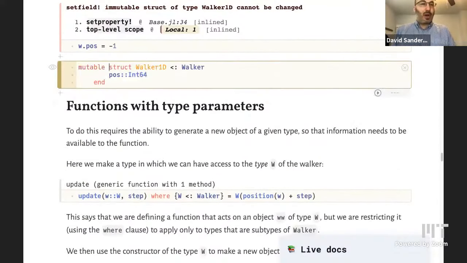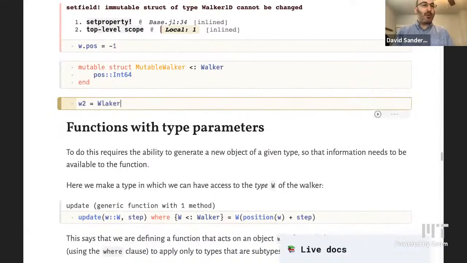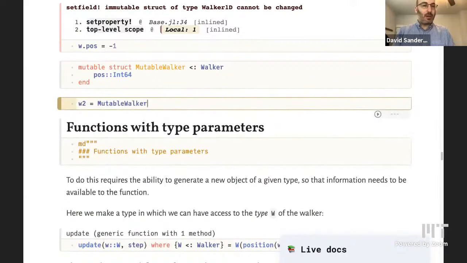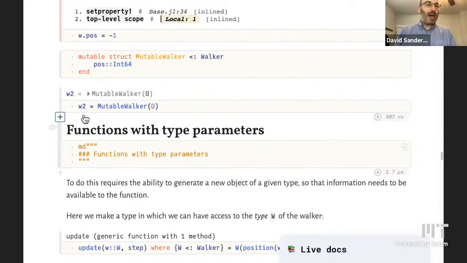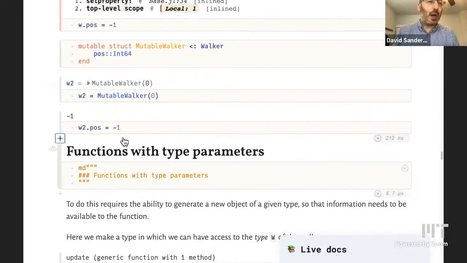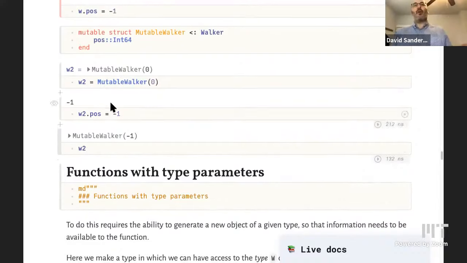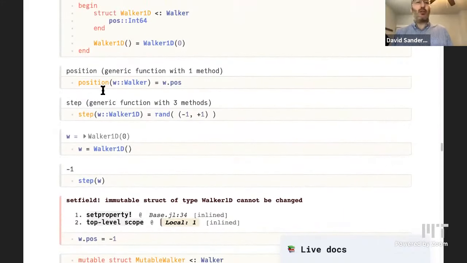Let's make a mutable struct called a mutable walker. Now, if I make a walker called W2, which is mutable, and I make its value 0, now I can reach inside and sort of manipulate its internal organs and change its value to -1, and it moved. So that is definitely one possible approach you could use. That's often the approach we've used previously in previous years. But actually, I would like to show the opposite version, where we do not do that, and we make